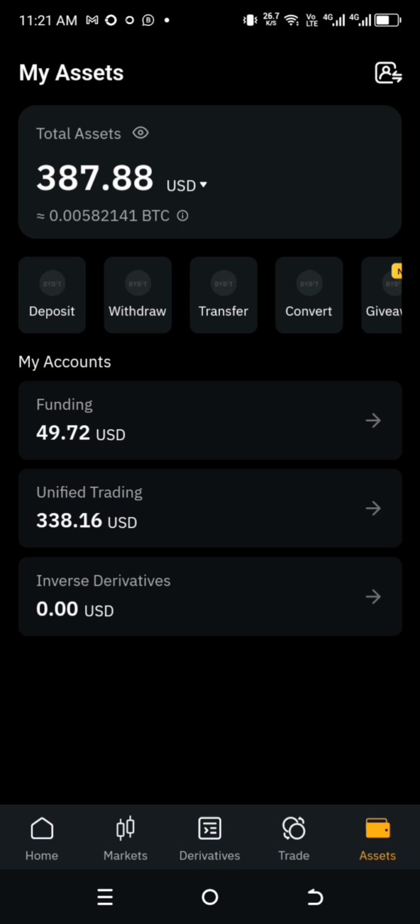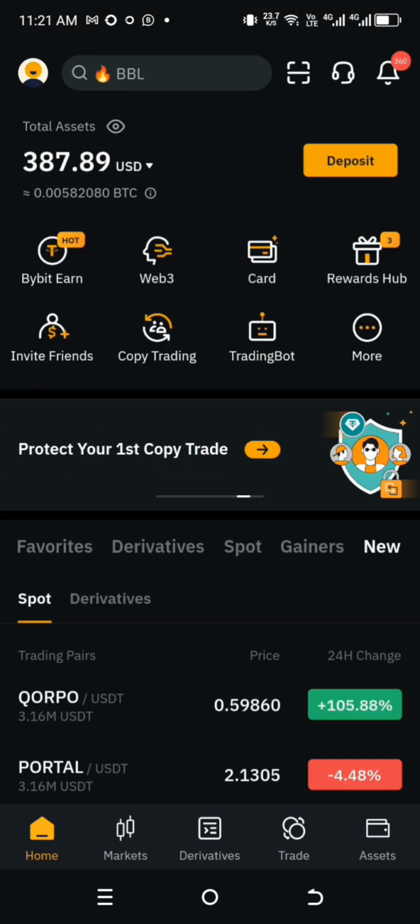So it is done practically, on how you can withdraw from Binance to Bybit, and you can use these same processes